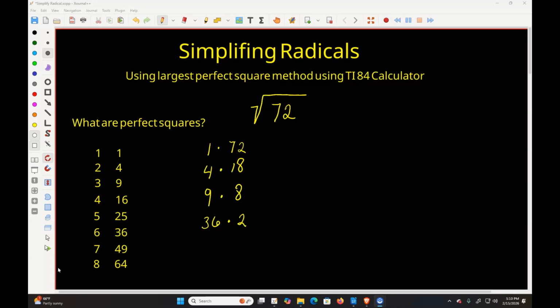Before we touch the calculator, let's review the math. So if I simplify a radical like the square root of 72, I look at all of the perfect squares and I see which ones will divide into 72. Well, 1, 4, 9, and 36 all divide into 72, but I always use the largest perfect square, so we will choose this one. So that the square root of 72